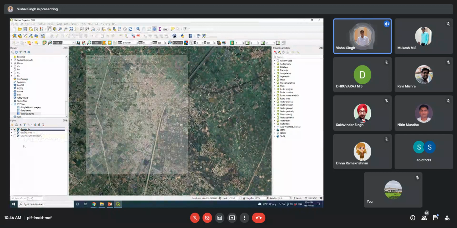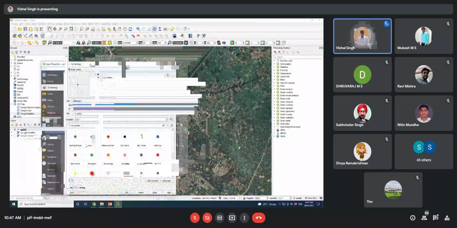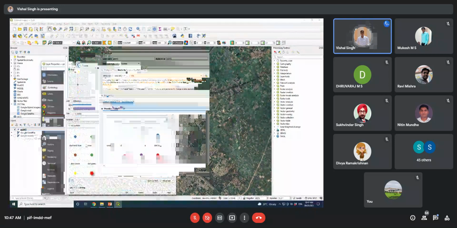Now, first I need to go to this particular point shapefile layer, select it, right click and go to the properties. Here in the properties you can select the different markers and so on. In source, you will get the projection information.